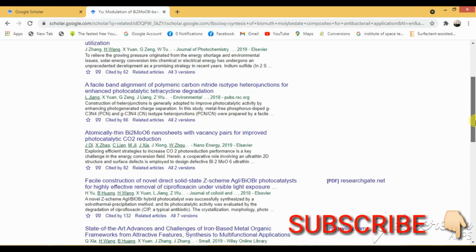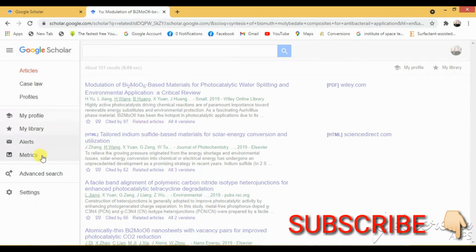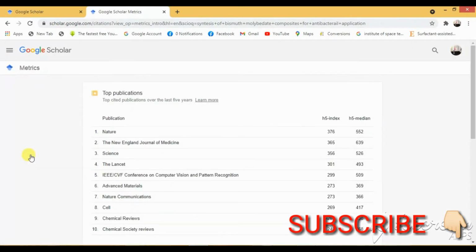So next, another way of finding research articles, which makes them more precise. Here I will open metrics. The metrics will show you the top cited publications, top cited international journals.